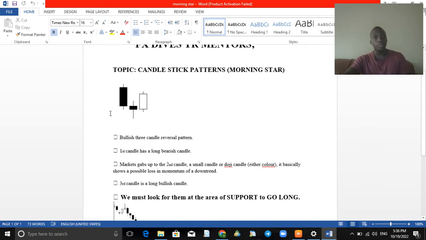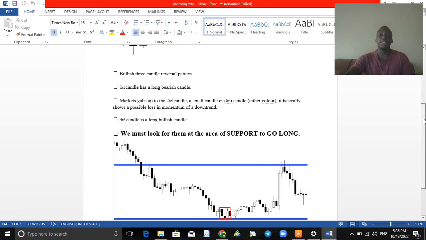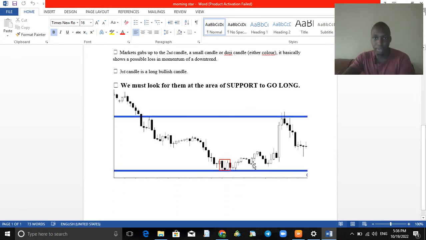So now we have to spot this. The third candle is a long bullish candle. I've already explained all this. We have to spot this candlestick pattern mainly on our support level. So if you come across this candlestick pattern on a support level and